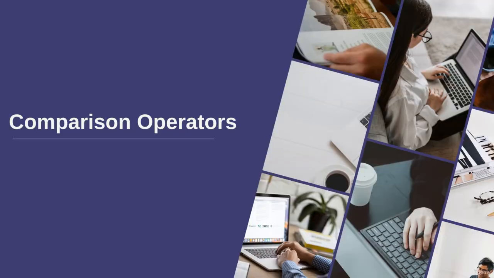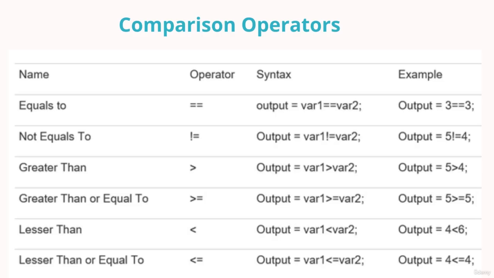Now let's have a look at the comparison operators. We have these 6 operators for comparing values. Single equals to is the assignment operator, while double equals to is the comparison operator, which compares whether two values are equal or not. If the values are equal, it will return true, otherwise false. And the very opposite is the not equals to